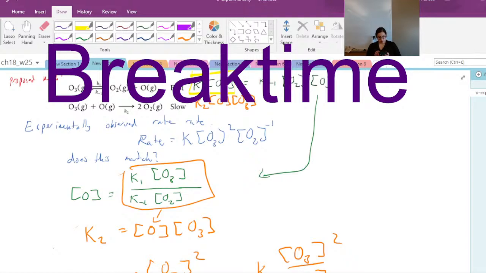So we can do it like this, by dividing k1 and k2 over this, so just the concentration of oxygen would be significant. And now that we know what this is equal to, we can input that. So you just go in with the equation. Exactly. And then we have this.